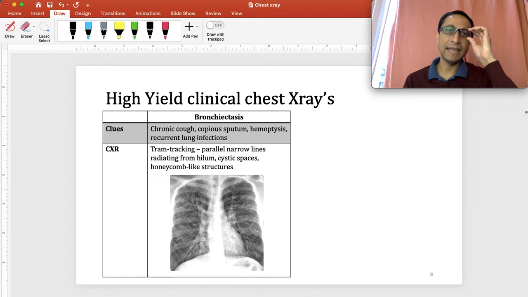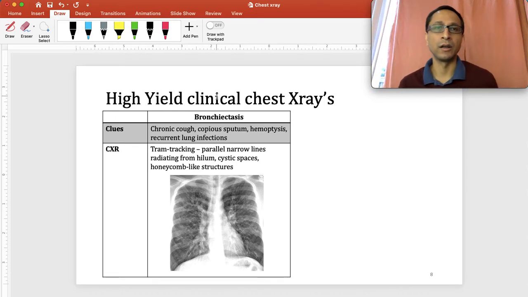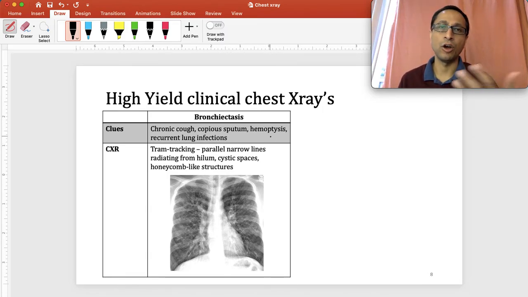Next up, we have bronchiectasis, another one of those COPD pictures, right? Or not really COPD specifically, but more obstructive lung condition. All right, so the clues for this one would be chronic cough, copious sputum. Now again, cough could be medications, could be asthma, could be COPD, could also be bronchitis. So I wouldn't use chronic cough as, hey, anytime I see chronic cough it's bronchiectasis, it could be so many different conditions, right? So think of other things: copious sputum production, blood in their cough, so hemoptysis, and recurrent lung